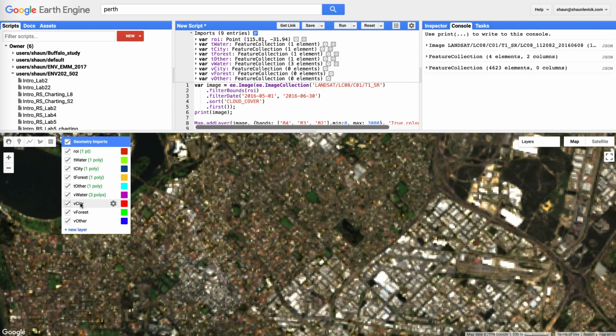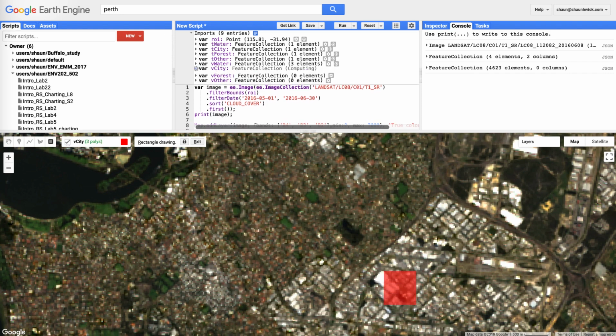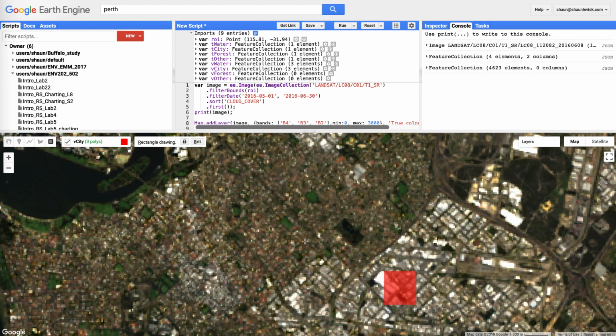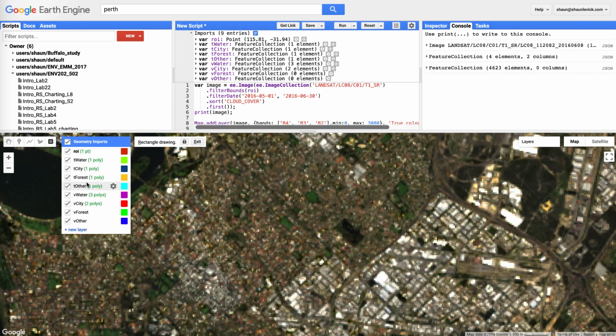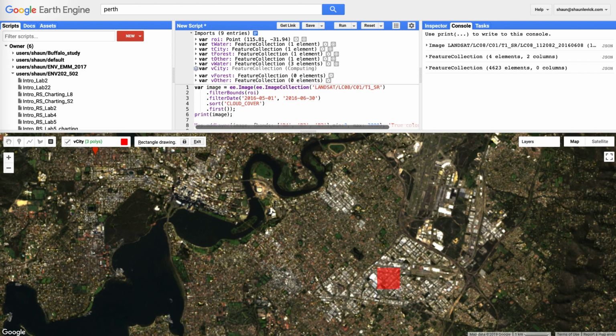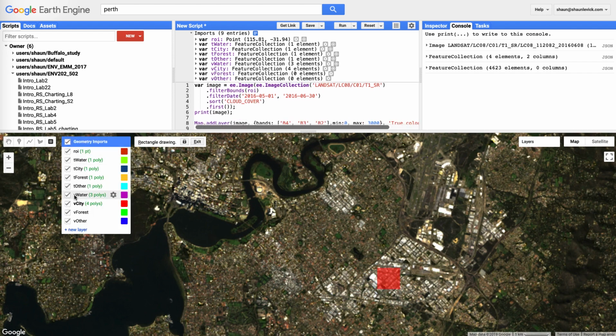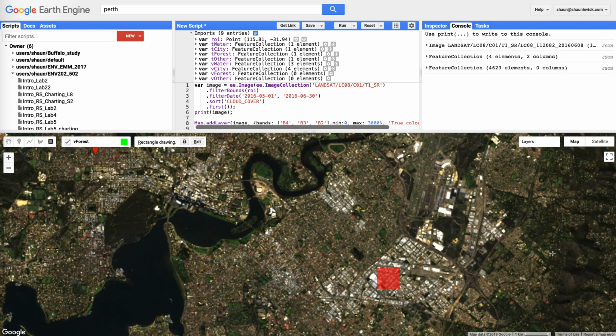So let's go to the city, collect a few pixels in there. Again, forest,